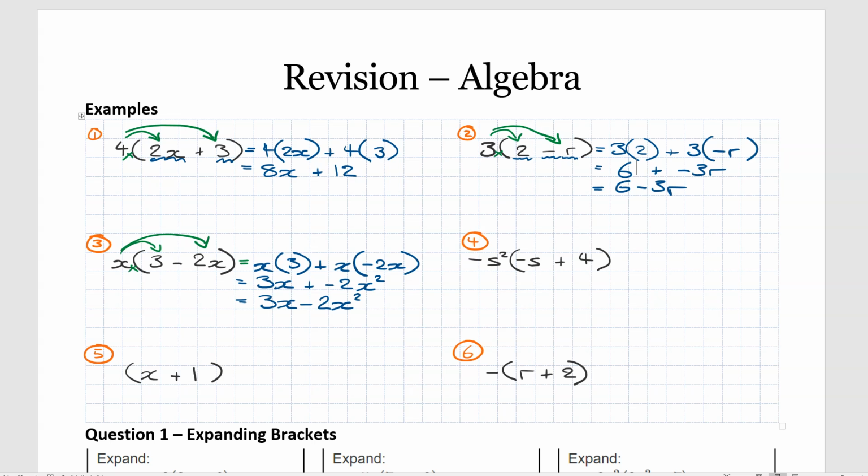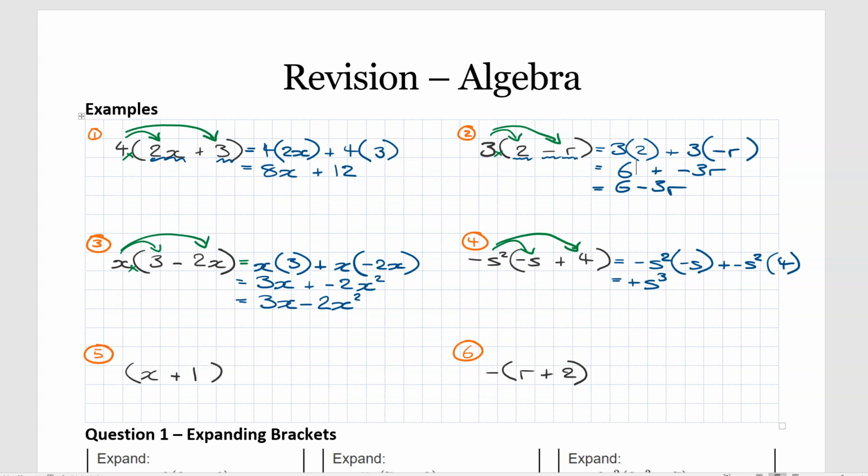Going across to 4, same thing, slightly different. We start off with this negative s squared. So expanding it out, we drop a negative s squared like that. Then we put in our first term, which is negative s, plus negative s squared, and in brackets 4 like so. Simplifying this out, the 2 minuses here, that's going to become a positive, and then the s squared times the s